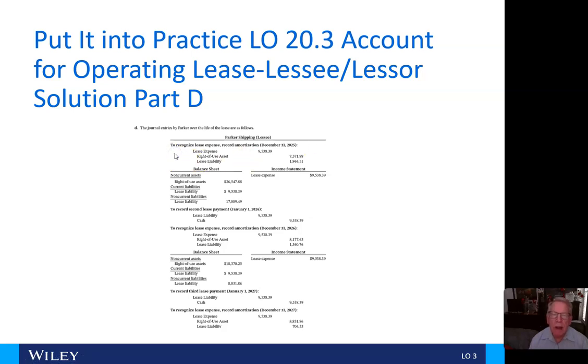for $9,538.39 and credit right-of-use asset for $7,571.88 and credit lease liability of $1,966.51. And if we show our balance sheet, the non-current asset portion of the right-of-use asset is going to be